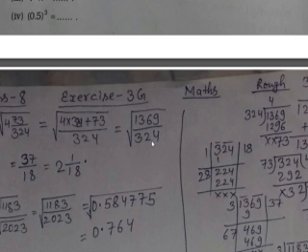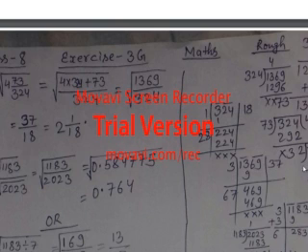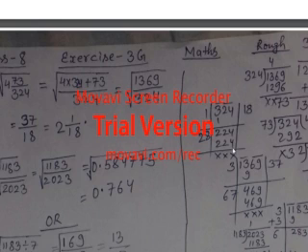It becomes 1369 by 324. So if you will see here, I had just found the root of 1369. You can see 3 3 is 9, 4 comes down and 69 comes down, 7 7 is 49, and 7 6 is 42, and 4 carry was there, so 46. So we got 37. And 324 also I had found. You can see their pairs, and then 8 8 is 64, carry 6, 8 2 is 16, and 6 is 22. So it has been cancelled. You can see, so it becomes 37 by 18.